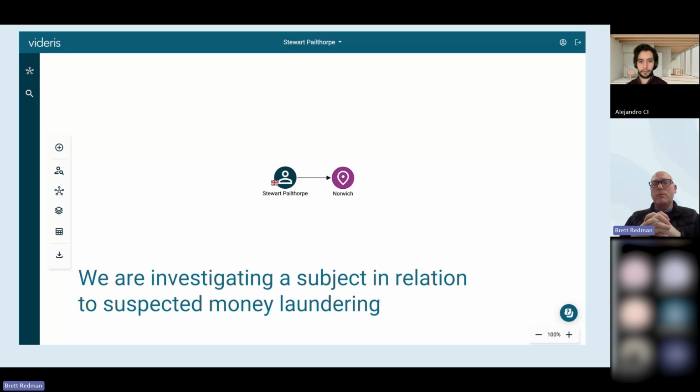Now we've got an element of where possible risk has been associated with this individual. And what this will allow us to do is go in and investigate that risk further. This goes back to the point that I made earlier, that we're looking to aid humans, analysts, investigators, as much as we can with these potential tips and nods to say that we think there's something here you need to look for.